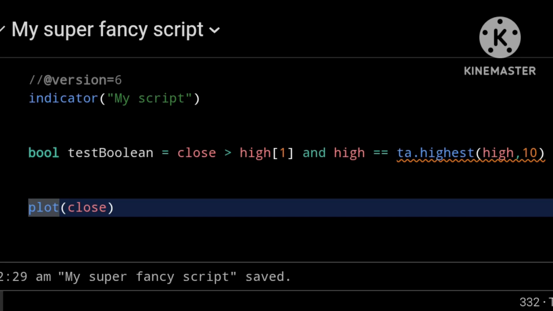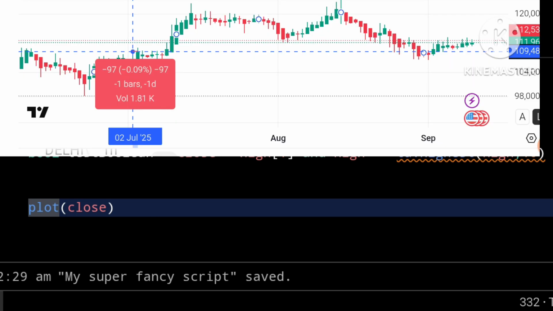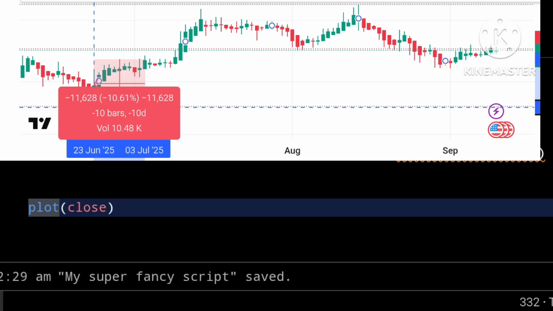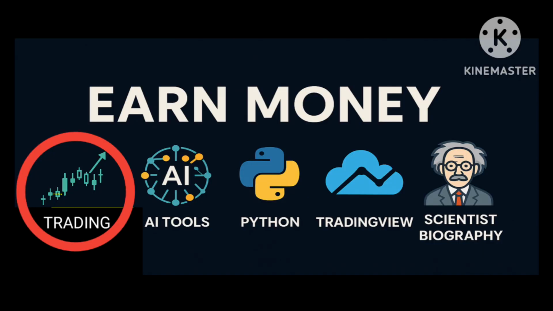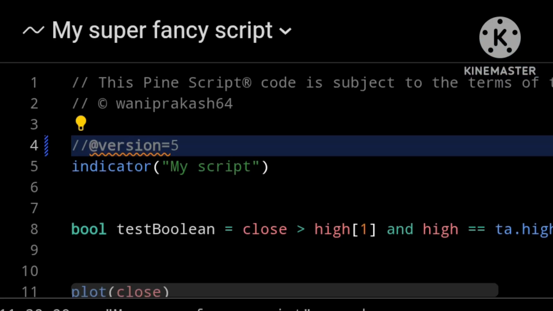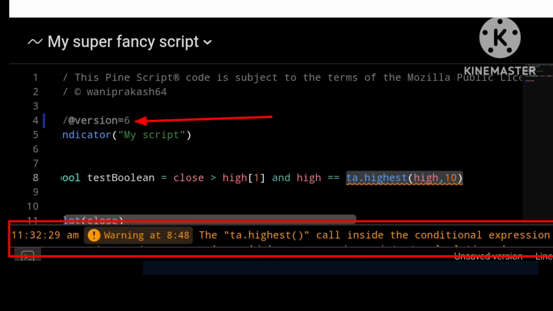Now the issue is with this statement, and the reason this is highlighted or underlined in orange is this function needs to be checked on every single bar on my chart in order to generate a correct value. So this function needs to run every time my script executes in order to be accurate. In version 5 of PineScript, this would work just fine. But in version 6, we would have a problem.